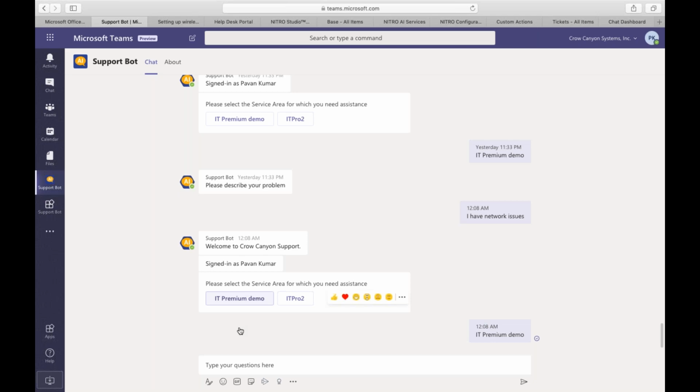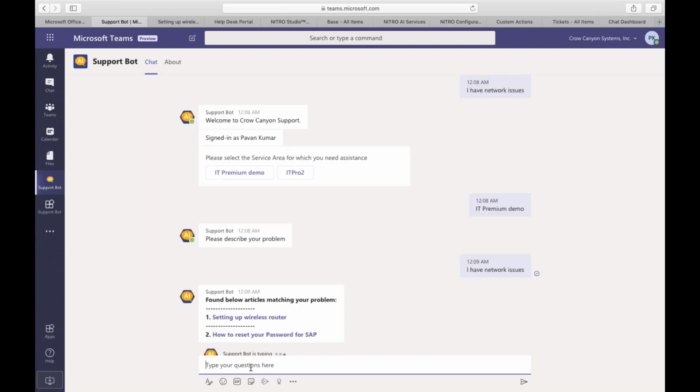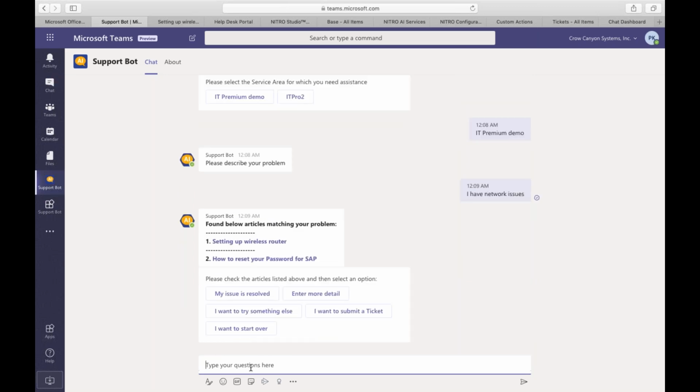I have network issues. I type in my problem. In the background, what the bot does is it uses natural language processing, basically a language translation service from Azure, which picks up the keywords from what I type in. Most of the time users type in their natural language. You are not going to type in exactly like network issues. People will write full sentences. It parses and gets the right keyword out of it using the language translation service, and then the bot goes,